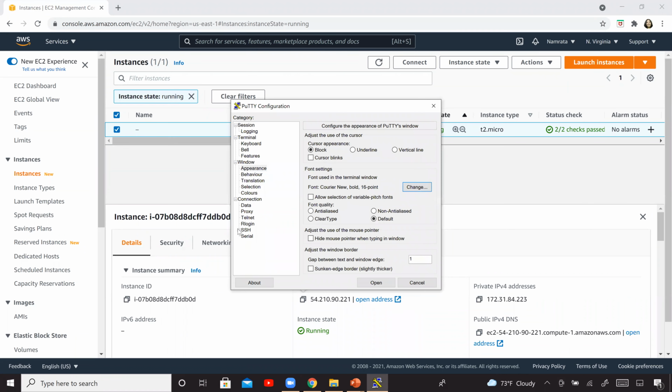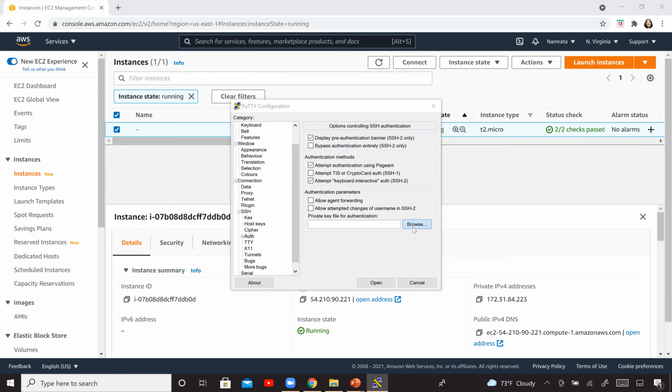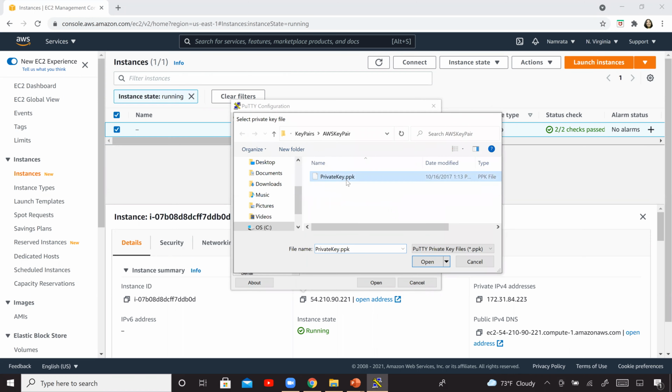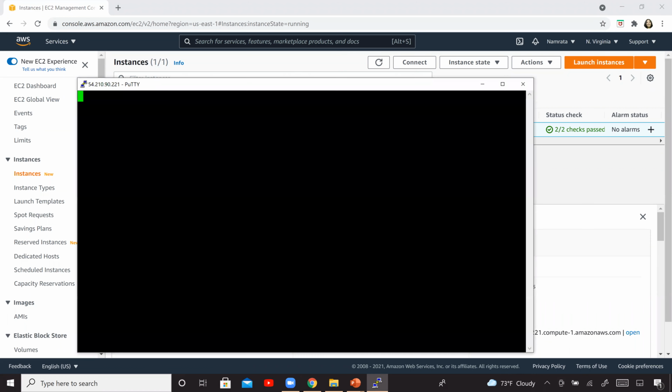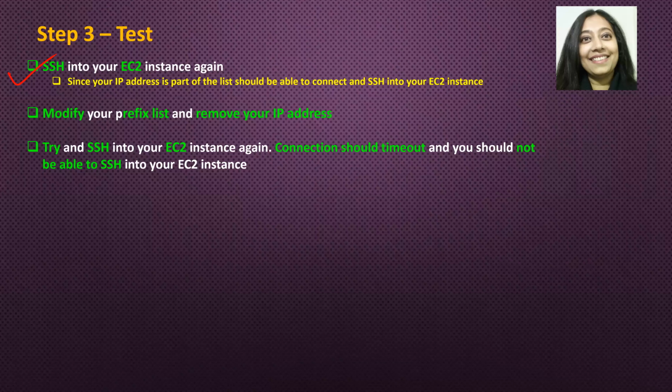Now, since your IP address is part of the list, this should go through. A private key file, open. Okay, you are able to successfully SSH into your EC2 instance, right? So you've completed the first step successfully.